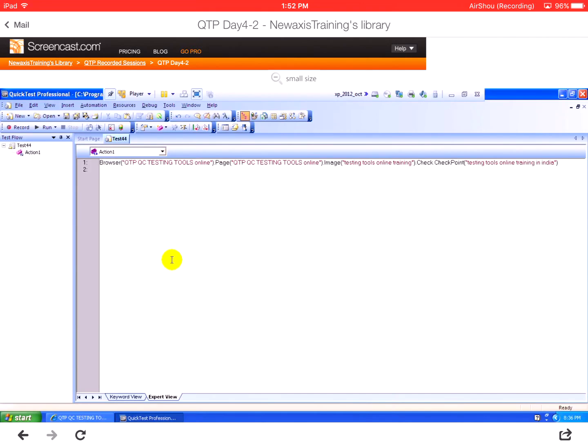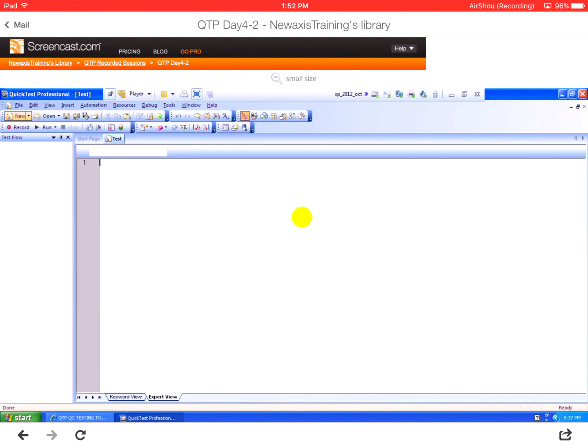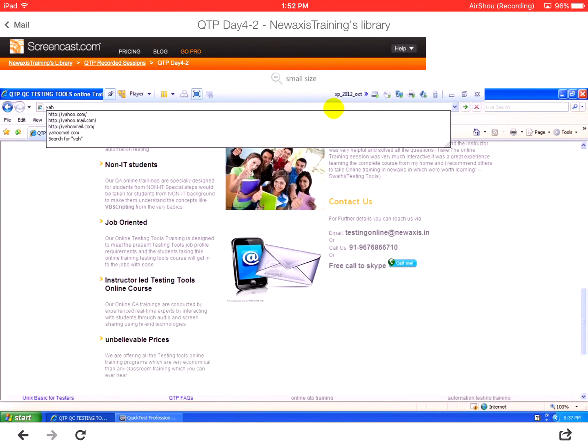Similarly, the other checkpoint is a table checkpoint. This image checkpoint, table and page checkpoints are applicable only for a web environment. Let us see the table checkpoint now. You need to get the table element, the web table. So how do we search for some web table in the application? Let us use